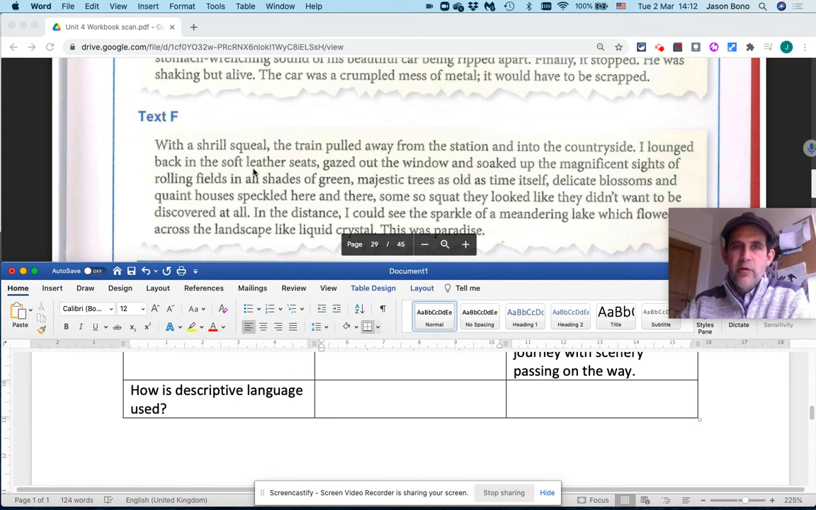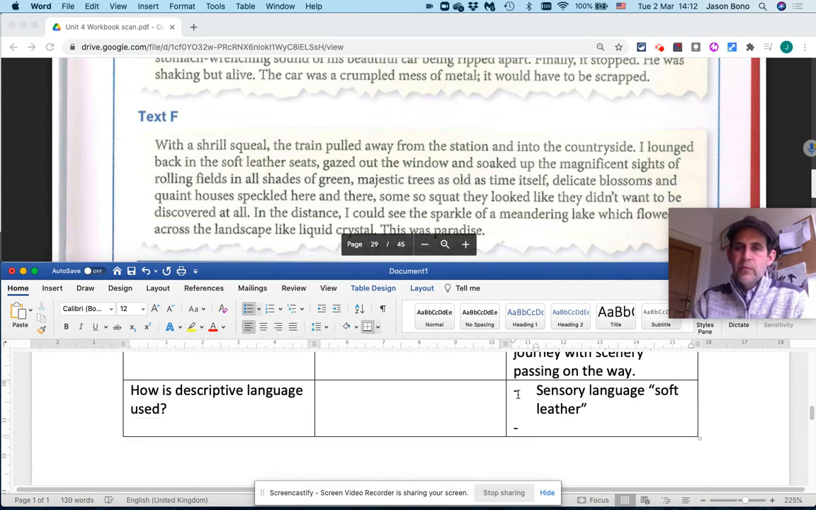Some of the things you might notice, okay, soft leather seats. That's sensory language, okay? Sorry, I'm going to start with the second passage. We have sensory language. Remember, that's language that relates to the five senses. In this case, the sense of touch. Okay. Gazed out the window and soaked up the magnificent sights of rolling fields in all shades of green. Okay. We have